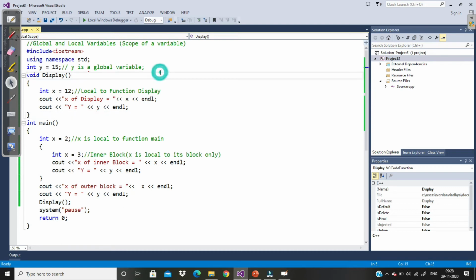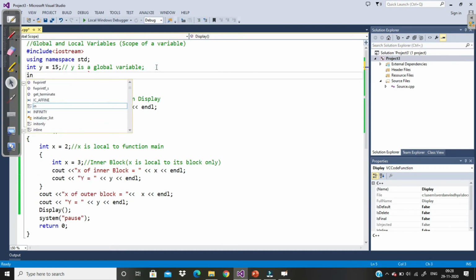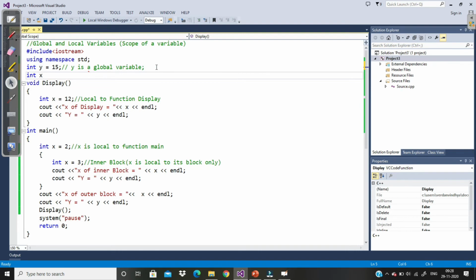Now let's say I declare another global variable, x is equal to 30, here. So here x is global. This is also possible, but all other functions or blocks of this program have their own x also. Now how do we access this global x?